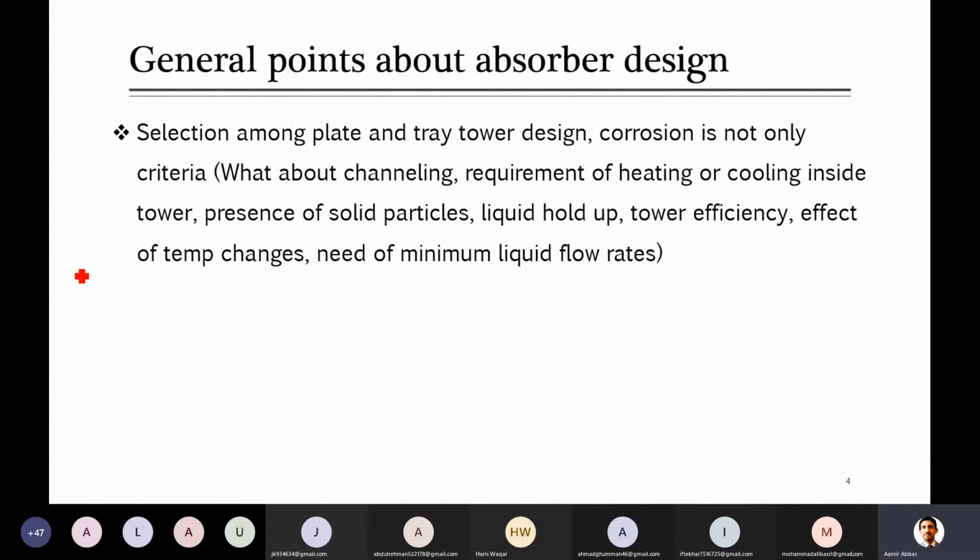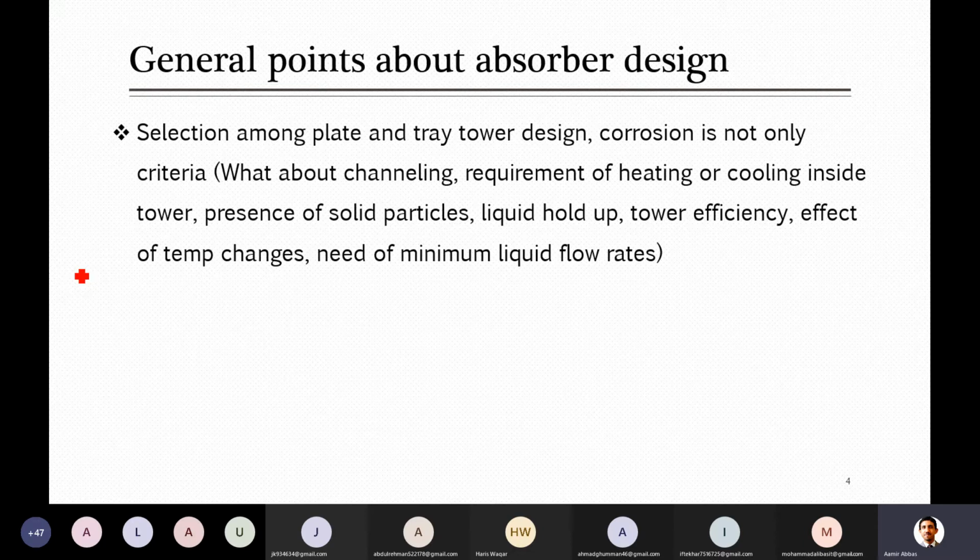But yes, for trays, there was one limitation we studied: for tray tower design, I think the diameter of the tower should be greater than 2 feet. Then in all those cases, trays are okay to go with, and people can go inside the column and can clean the tower very easily. So this is another factor which should be kept in mind.